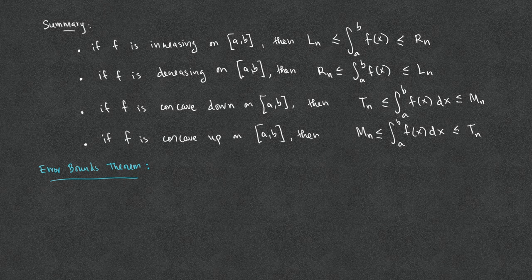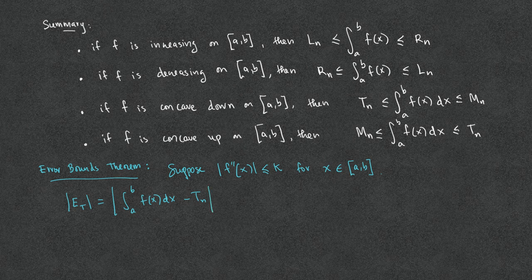Error bounds theorem. Suppose the absolute value of the second derivative is less than or equal to K for x between a and b. If the error bound using the trapezoid, which is defined to be the absolute value of the difference between the exact integral and the trapezoid estimate, and the error bound using the midpoint, which is defined to be the absolute value of the difference between the exact integral and the midpoint estimate, are the errors of